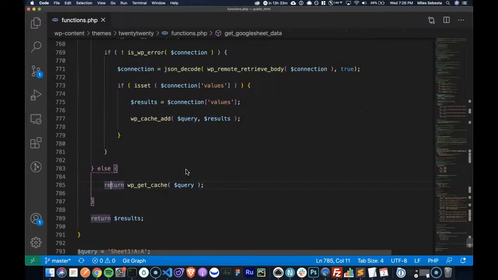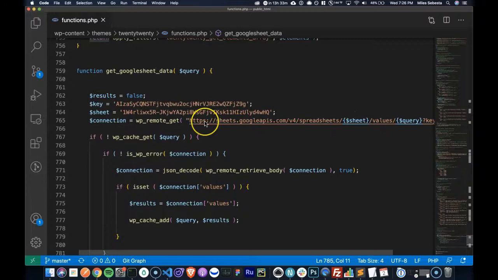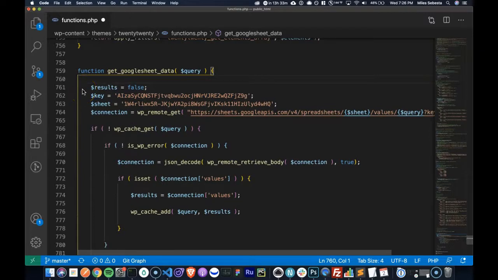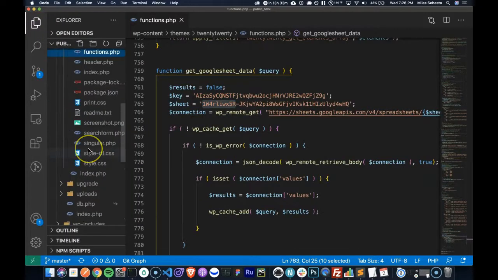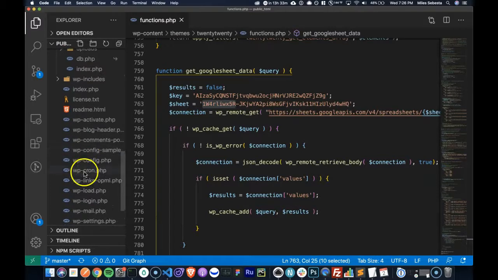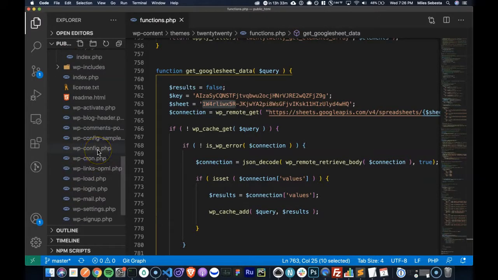All right. So next things that we might want to do is to kind of make this more secure. We might want to move this key and this sheet into our WP config. So I'm going to go ahead and open this up because the WP config shouldn't change between the installs.